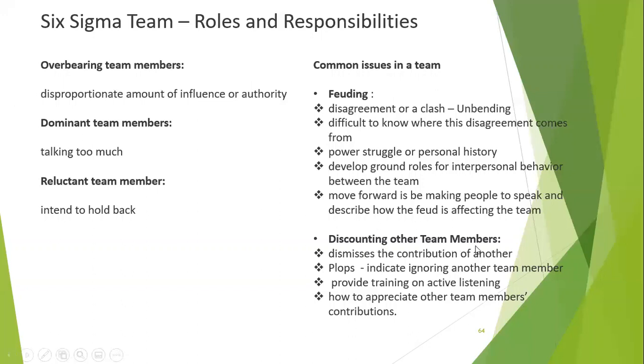This is a very big drawback in the case of a Six Sigma team. We should not encourage this, not only in a Six Sigma team but in any team. Every team member has their own responsibility and their own interest in the improvement of the team. So you should not discount them, and we have to take their contribution also. If they are ignoring the other team members, they will not at all consider one team member. They are just ignoring it. That's the whole problem. So in this scenario, you have to give training on how to listen actively.